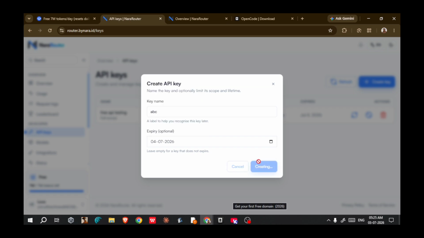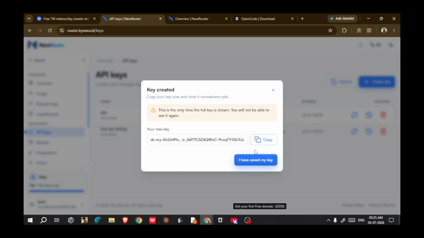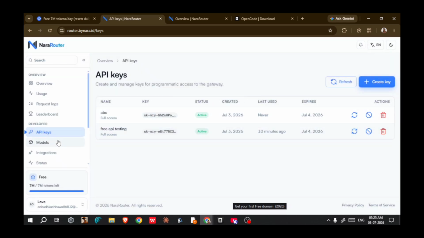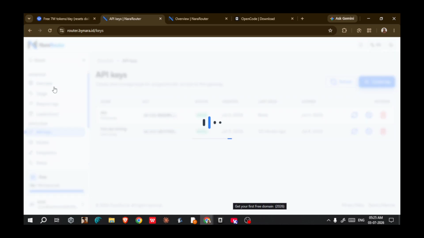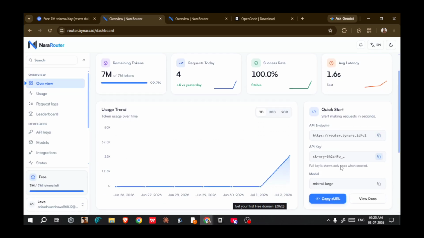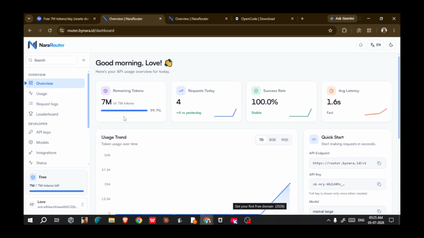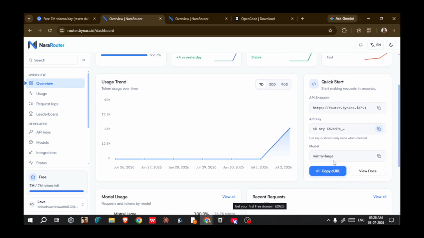Create key. I will copy the key. Cross. Overview again. These are the free models which we can use currently. And this 7 million token, I'm sorry. Okay, so we will copy this.